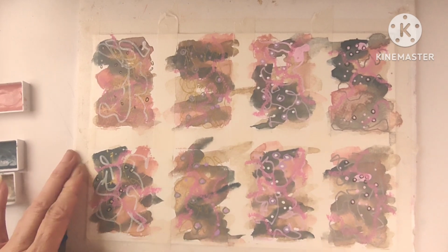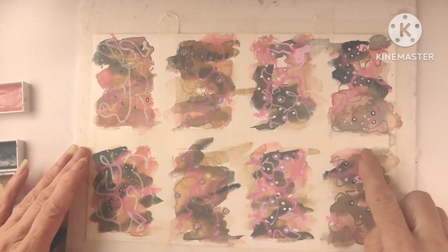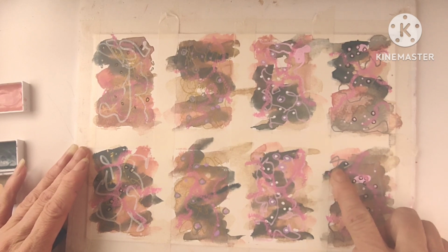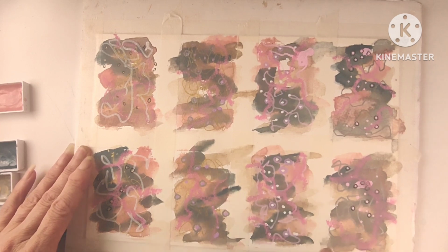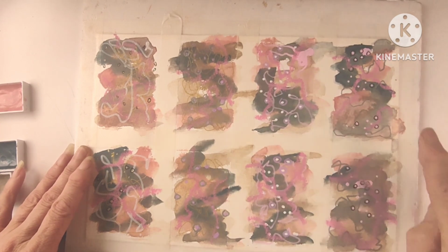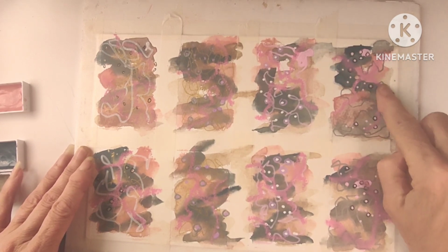So putting those on. Now with the soft pastels, they're really good because you can make harder lines if you want, just by rubbing them. Sort of smooths it off, smudges it. So I think I'm going to try that on this one. See whether I like this effect or whether I like the harder lines. So again with this one, see whether